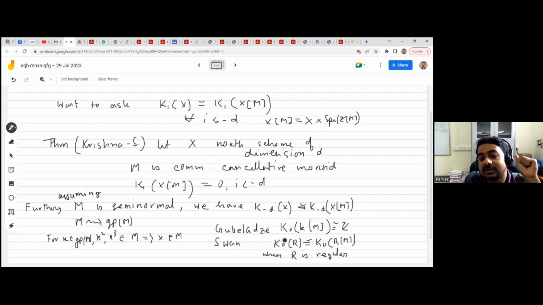Okay. So once you have this, if K_0 of R is isomorphic to K_0 of R[M], then one can quickly see that K_{-1} of R[M] is 0. So for any regular ring, negative K-theory for monoid algebra vanishes. So let me give a quick proof of it. I was telling about inputs. This is an input coming from Gubeladze and so on, and the second is an input coming from pro-descent of